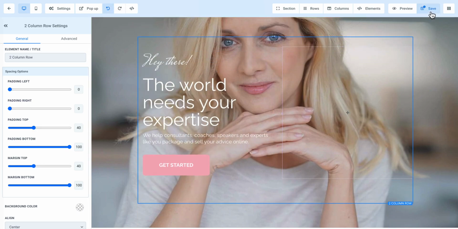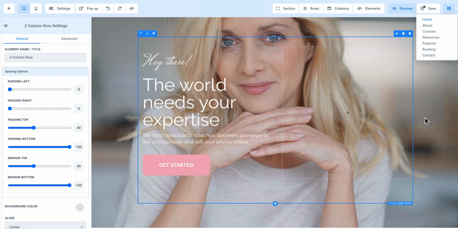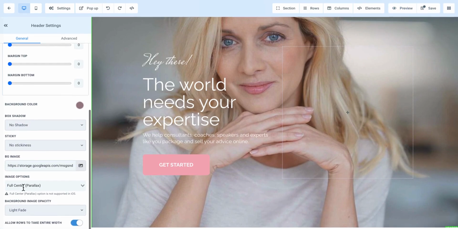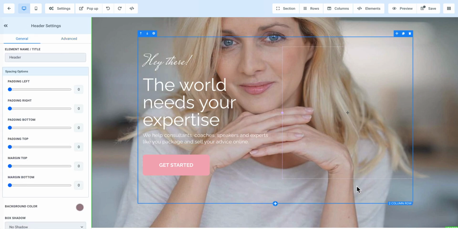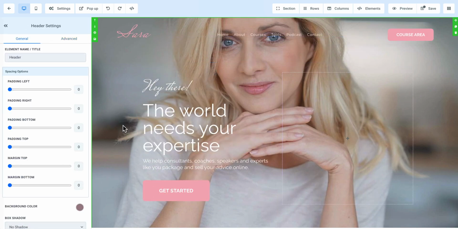And then you have your save button up here on the right. You can toggle between your multiple pages. You can preview it. And there's just a lot of options, you can change the fade. You can do advanced, you can add borders around certain elements. So it's a fully functional drag and drop builder where you can pretty much do whatever you want and build